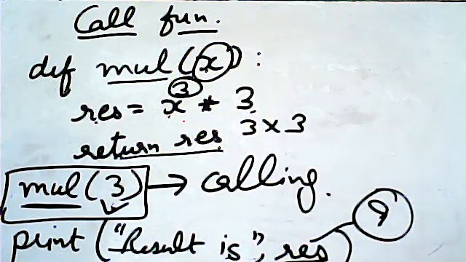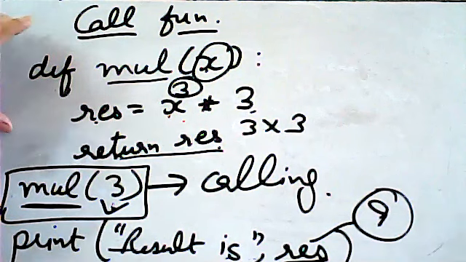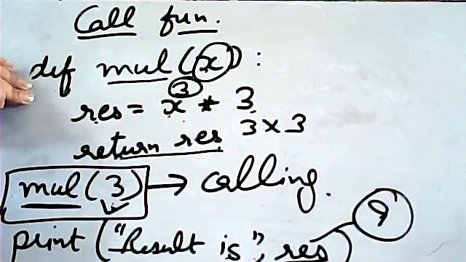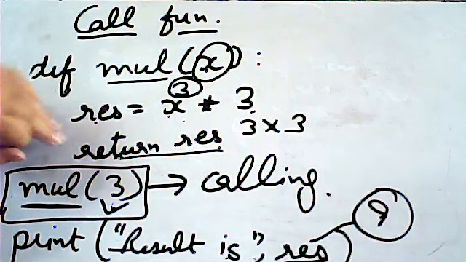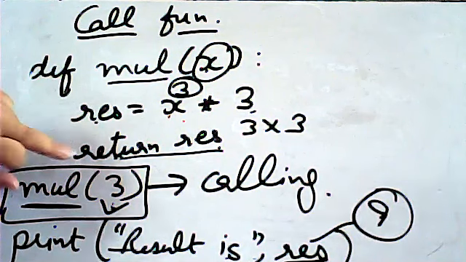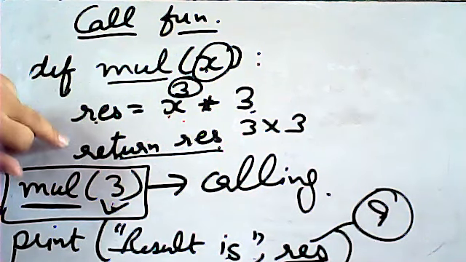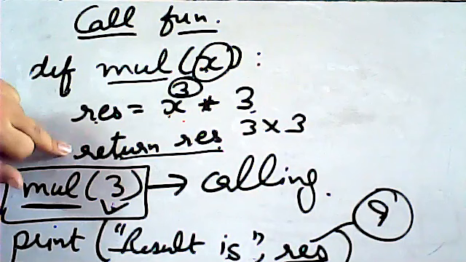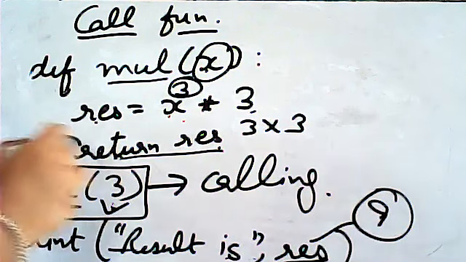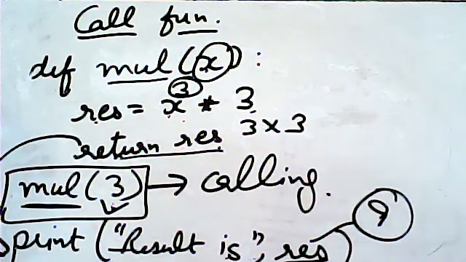Okay, it means firstly you have to make a definition. After that, if you want to make a print statement, obviously at that time you have to put a return here. If you will not put a return, then it will not print it. Return means it just gives you the value back. When you return, it moves to the print statement. Okay, so this is one example.